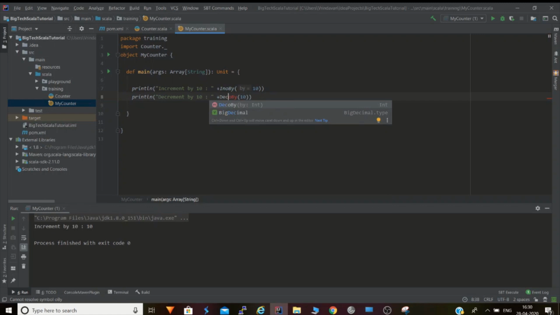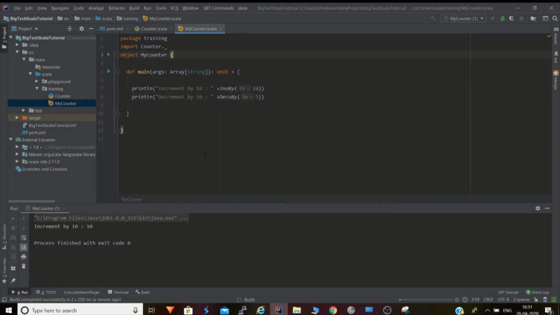Okay, let's decrement it by 5. Yes, increment by 10, decrement by 5.